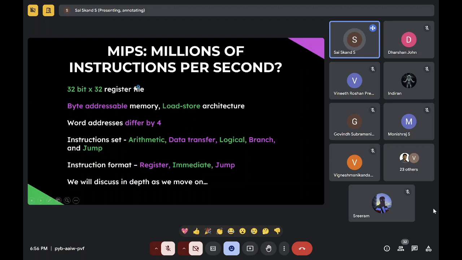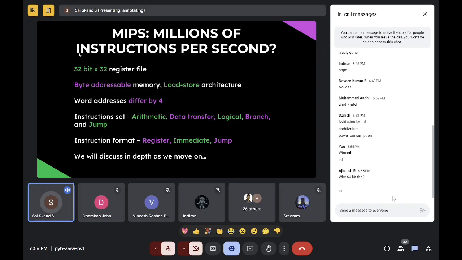Now, I think you know what registers are. So it basically has 32-bit registers. Okay, I think there's an error in this. So we have 32-bit registers in this, and then byte addressable. Do you understand what byte addressable means? You at least know what an address is. Any idea?